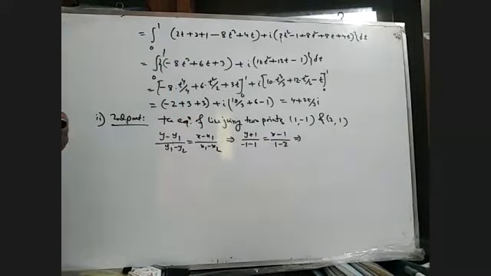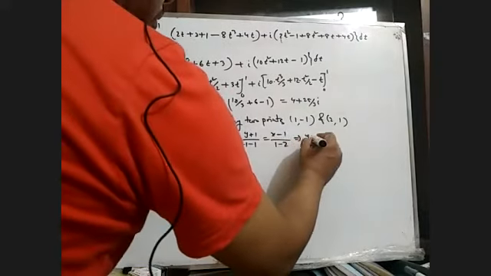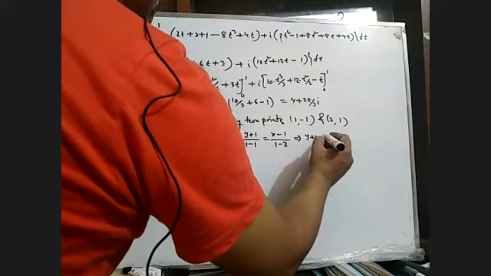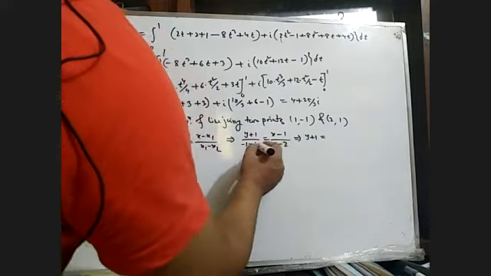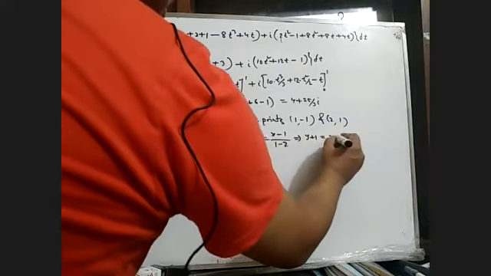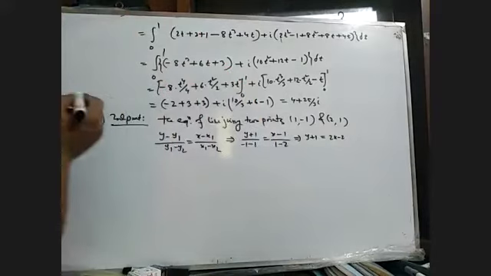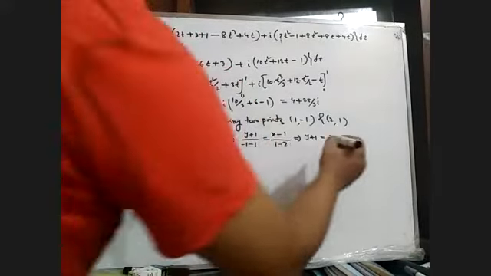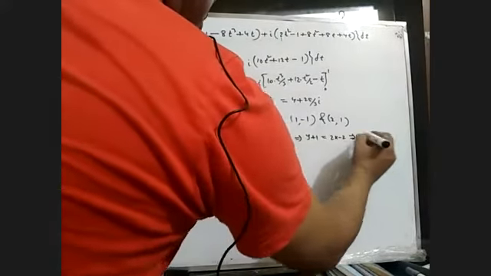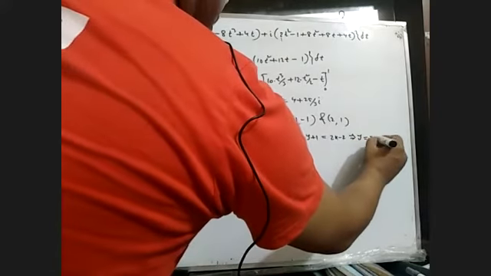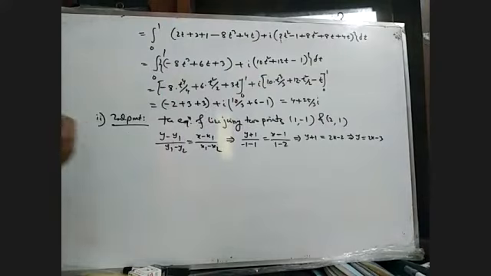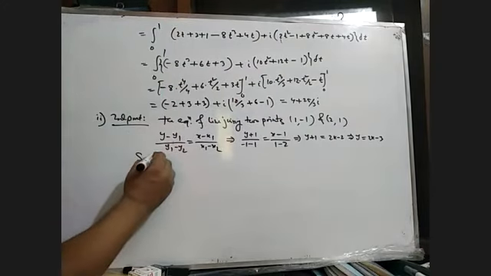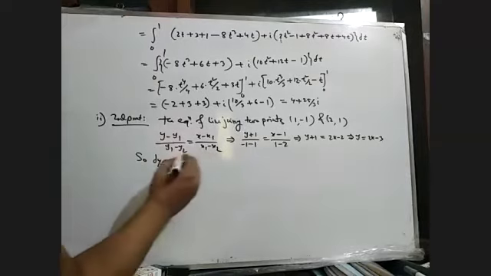So we get the line: y plus 1 equals minus 2 over minus 1, so minus minus cancel, so y plus 1 equals 2 times x minus 1. So y equals 2x minus 3, and this is the line. So dy from this line is